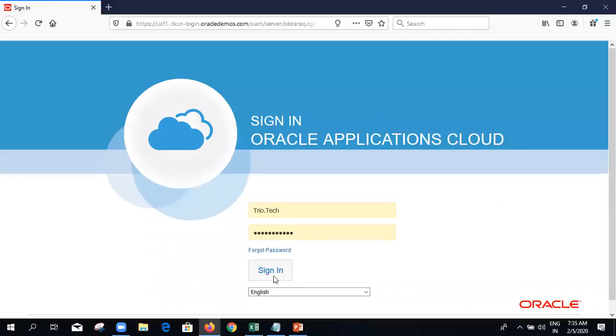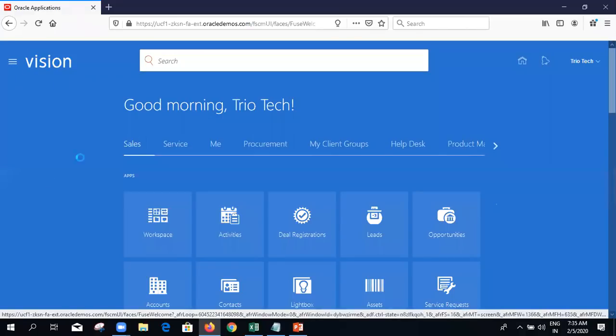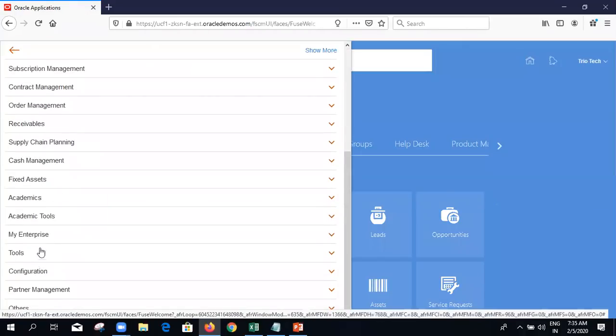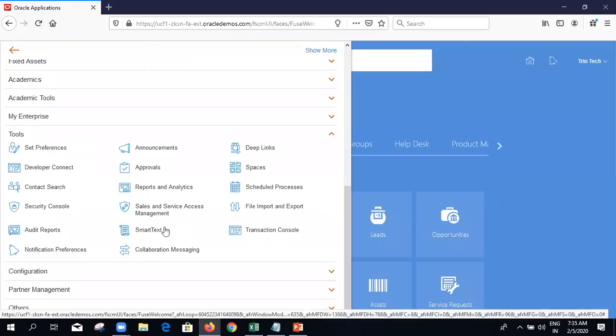user account which we created. And now see under tools, I will be able to see that security console option here, right? So come to navigator, come to tools, and now see the security console came to me. So I can go to this and I can create multiple user accounts and add multiple roles to my user account.